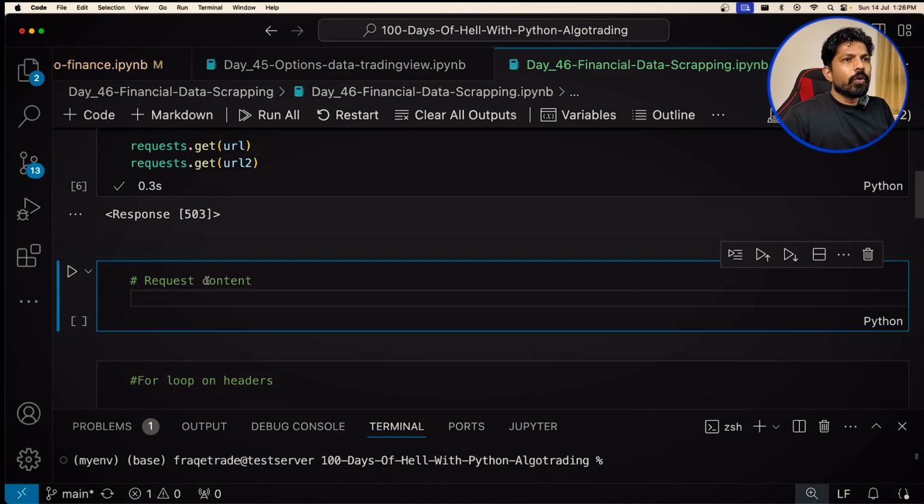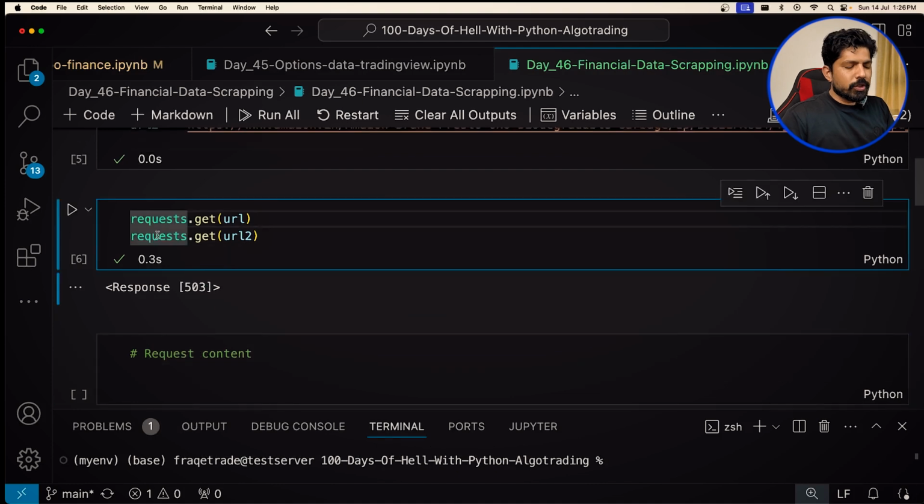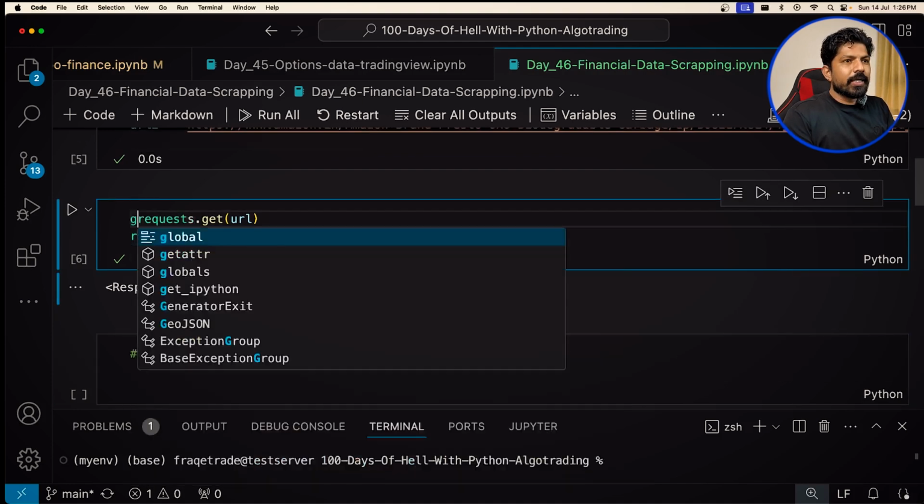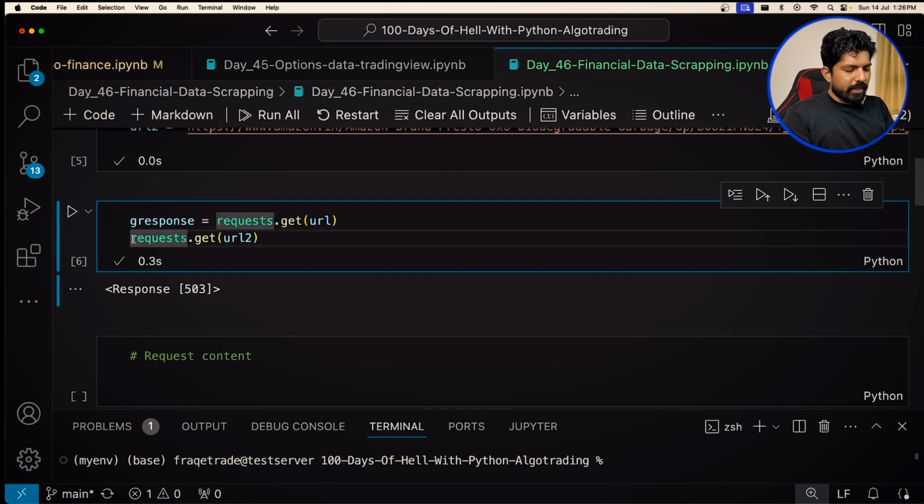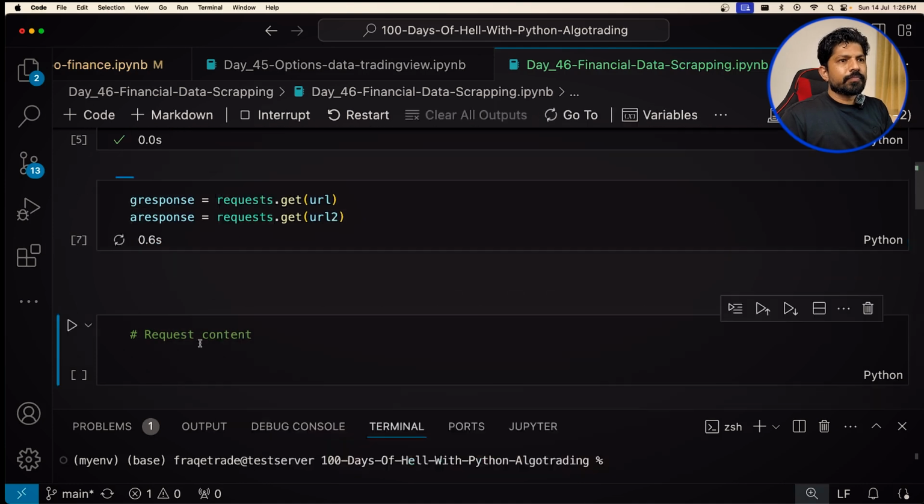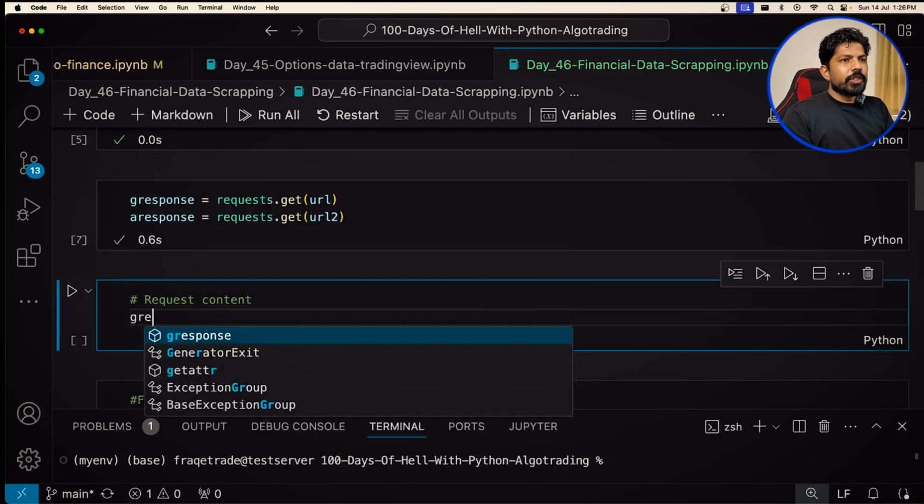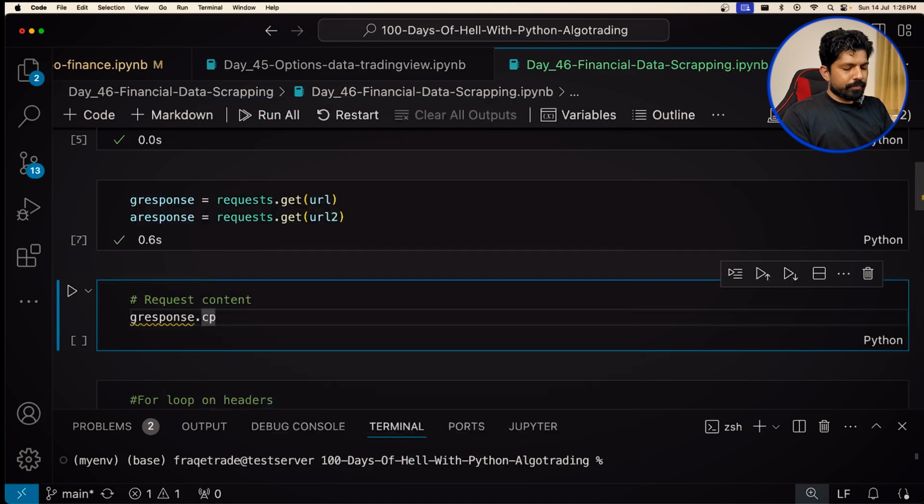So what I will do, I'll store these responses in some variables. Let's say it is Google response, so it will be G response, and I can make this a response, right? And run this cell. And now G response dot content,